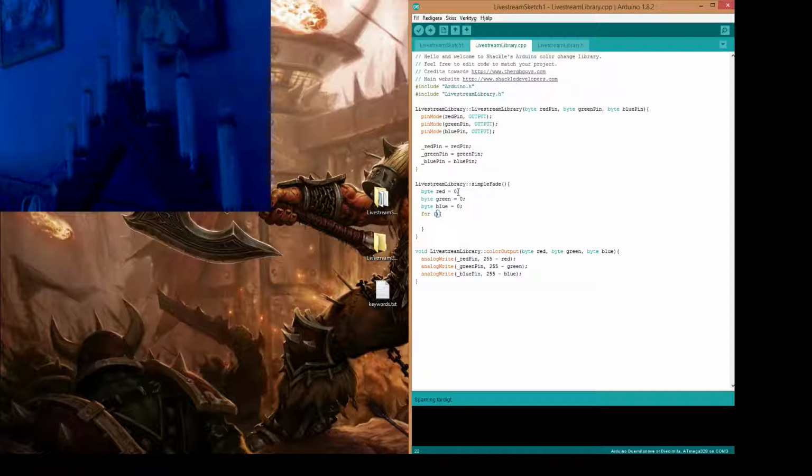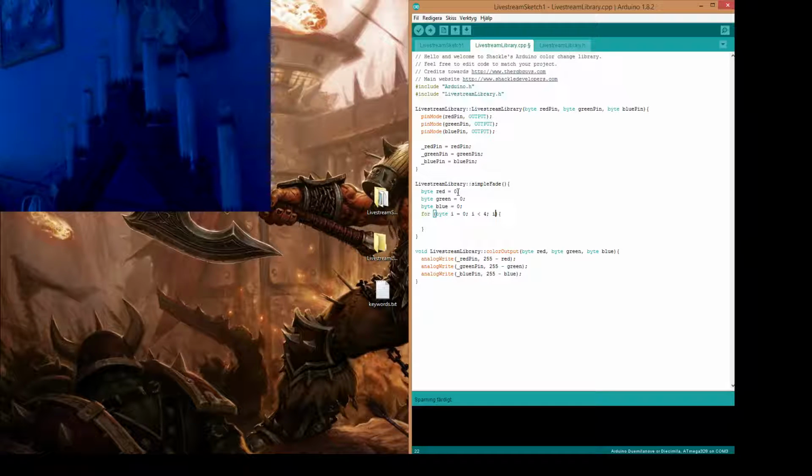It's bad practice, but when it comes to RGB diodes and programming them, this is really helpful. So you want byte i is 0, and the reason I use byte instead of int is because byte takes less memory, which is great for Arduino because they have really small memory slots. Then we want i not greater than 4